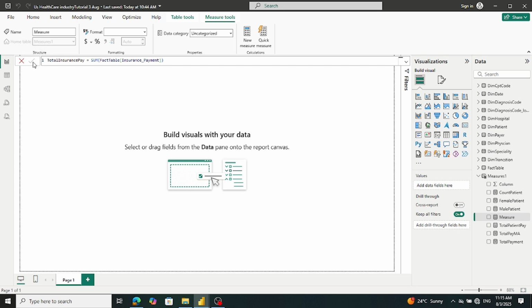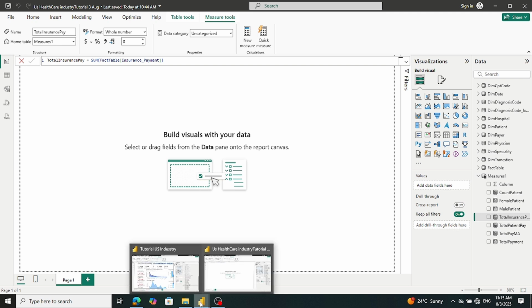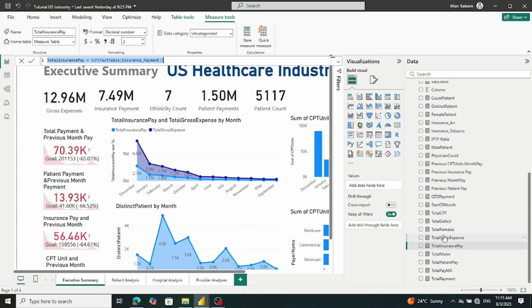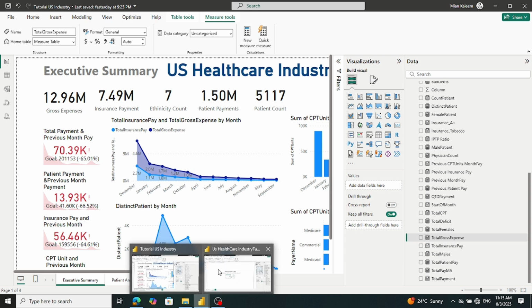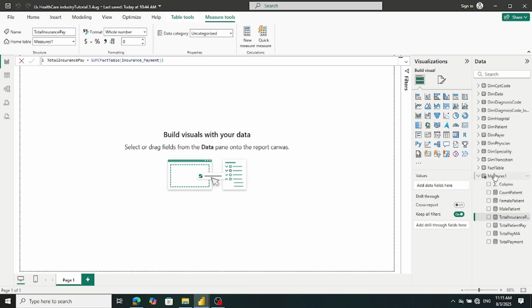It's done now. Total insurance payment. Now we'll go to the total gross payment. See, these are just a summary of these. All of these fields are available. Let me show you. Go back. The total gross payment,